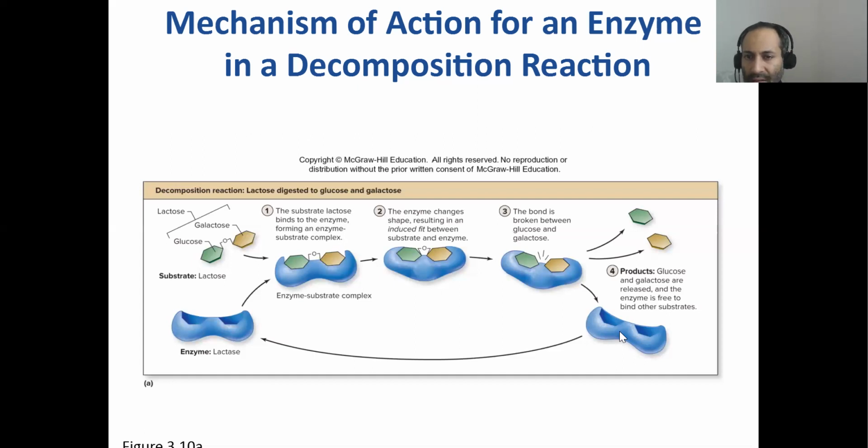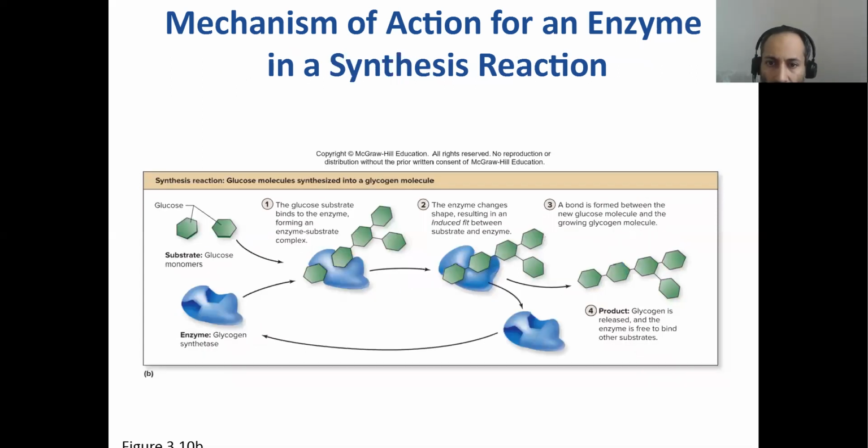But what happened to the lactase? Nothing. It did its job and it's ready to go back and pick up more lactose and keep doing it. So your enzymes are recyclable. Enzymes don't get used up in the chemical reactions, right? They keep working on and on unless they're overwhelmed. If you have too great a concentration of lactose flooding the enzymes, then enzymes can become overwhelmed and they're all occupied. It's like all lines are busy, call at a later time. So that can happen to the enzymes with increasing concentration, all right?